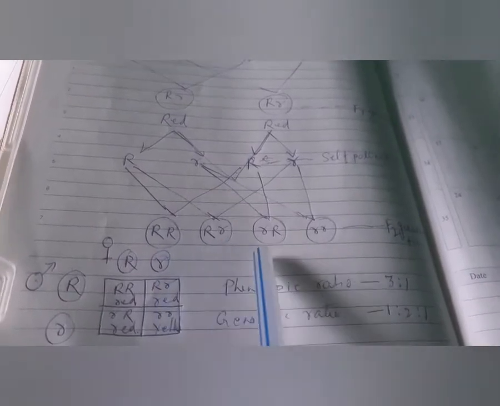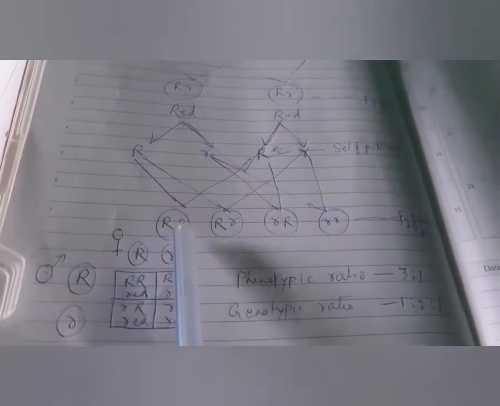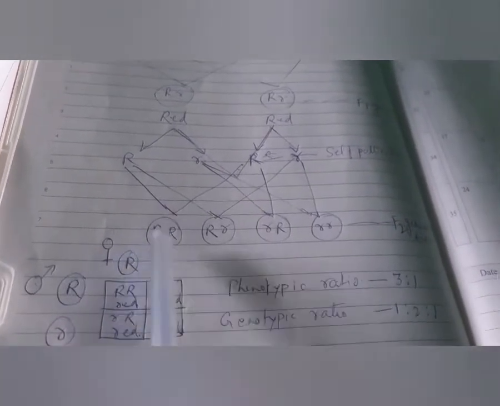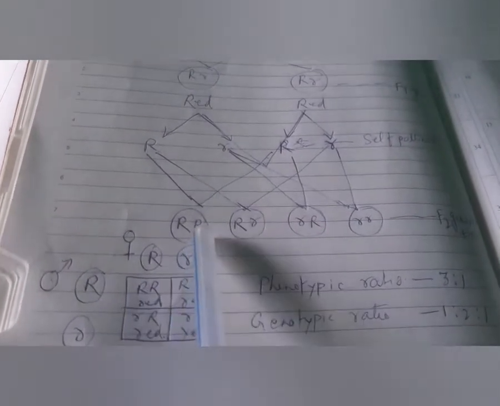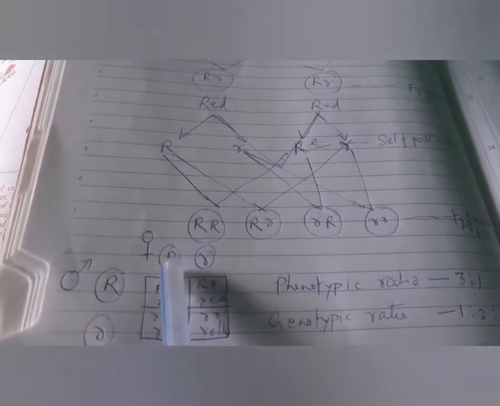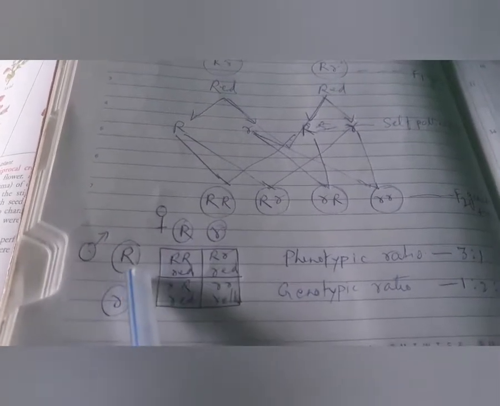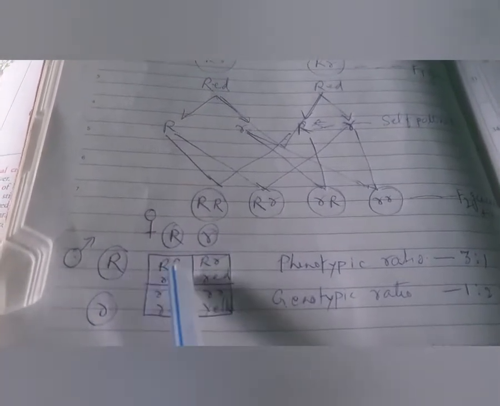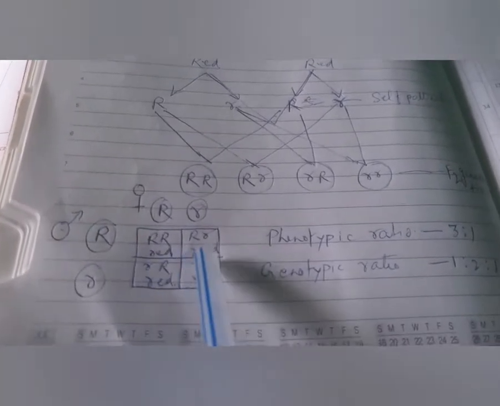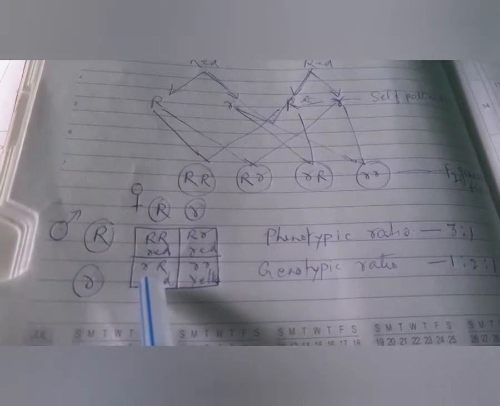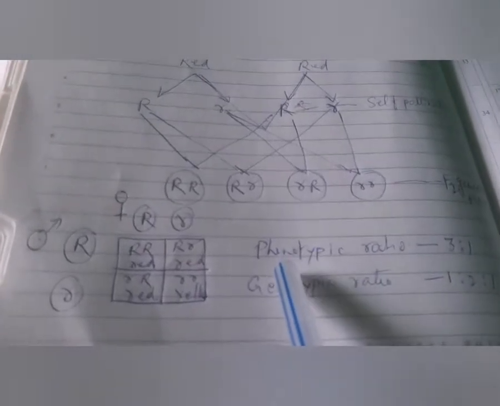That means 4 types of gametes in the second filial generation. And when these are crossed together, 2 types of gametes are produced, that is capital R and small r, when pollinated to each other, that means self-crossed to each other. Then 4 types of individuals are formed, out of which 3 are red colored flowered plants and 1 is a yellow colored plant. So how can we know the phenotypic ratio?